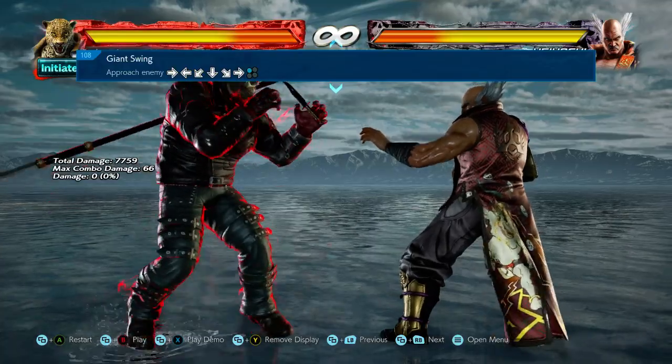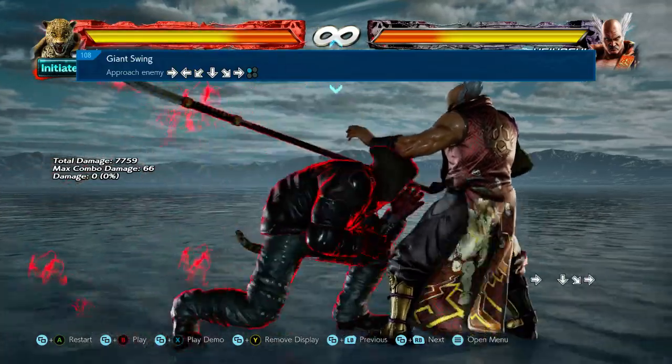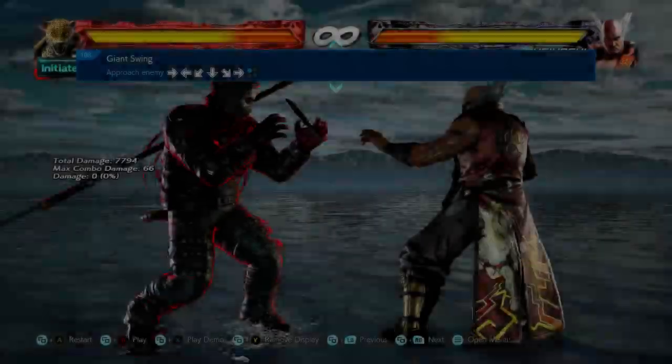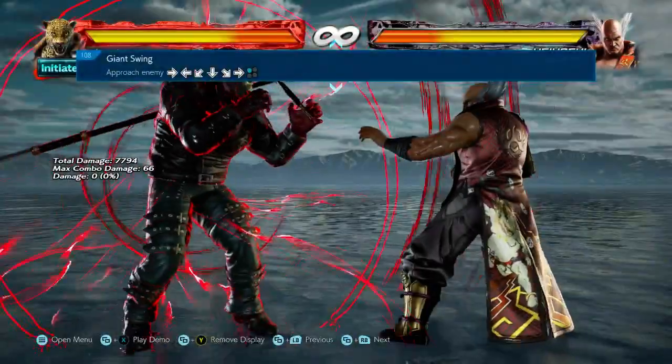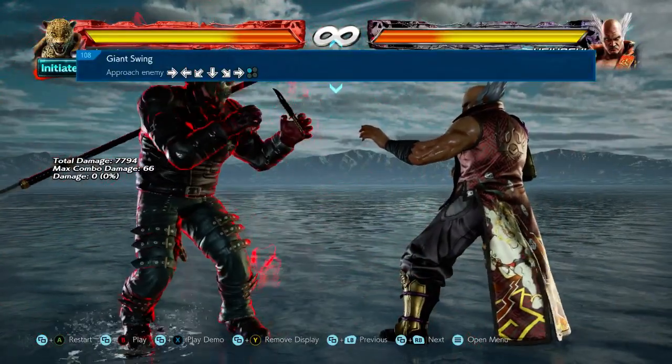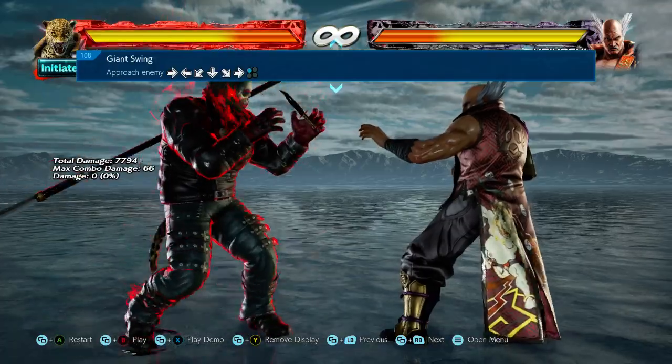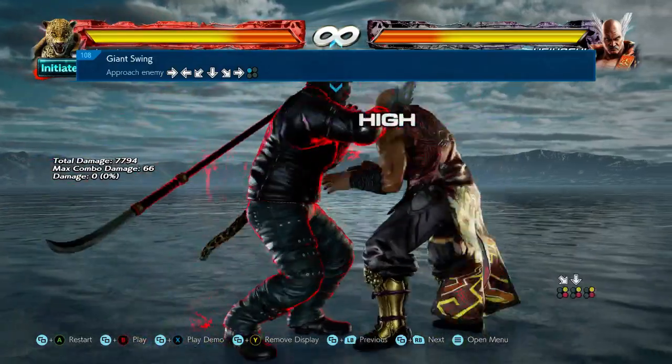But not only that, I'm adding in different command grabs. I'm adding in a one break, and then I'm adding in a two break. And it occurred to me, as I went to practice to figure out what was going on, notice something. When I do this two break command throw,